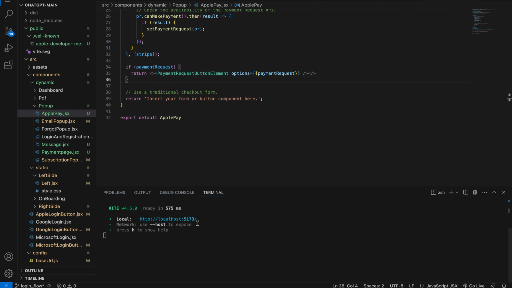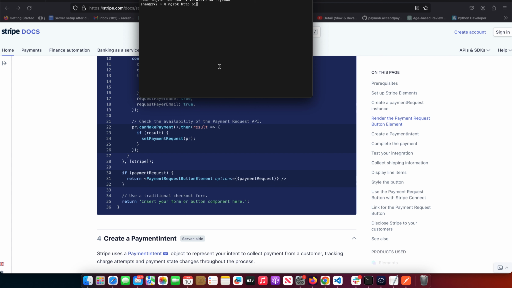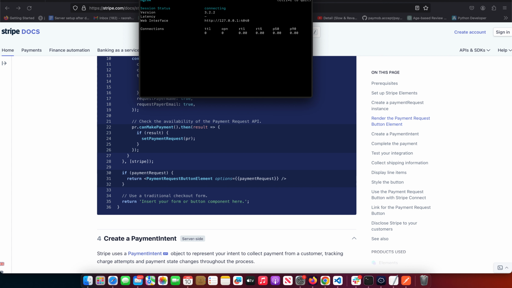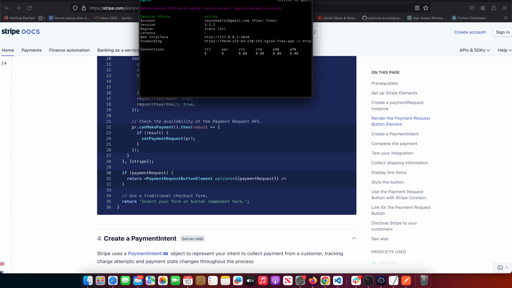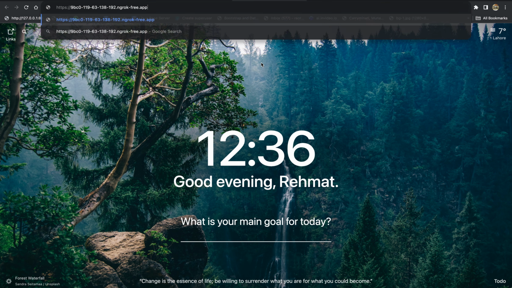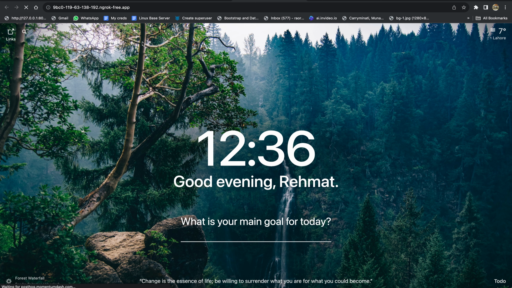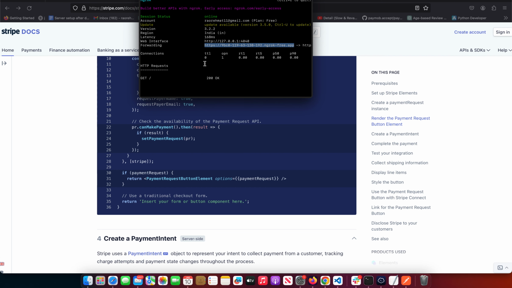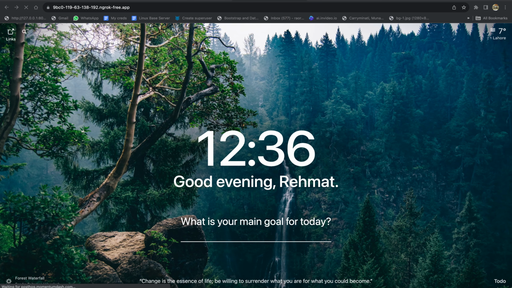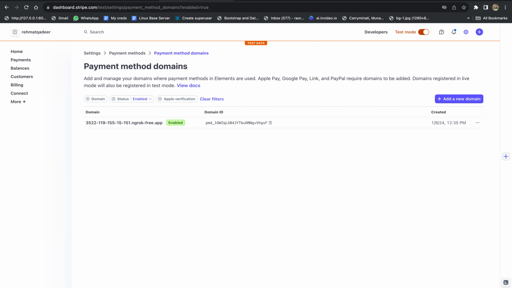In my case, it is running on 5173, and when I click on it, then it will host it on this Ngrok. And now you can see our connection is HTTPS, and Stripe will support this connection. Let me just quickly show you. When I paste this, then it will start my project, and you can see now my project is loading on this URL, and we need to add this URL as a domain on Stripe for the Apple payment